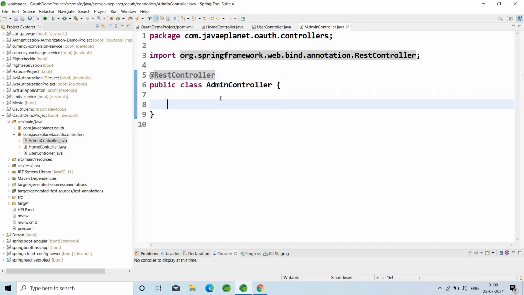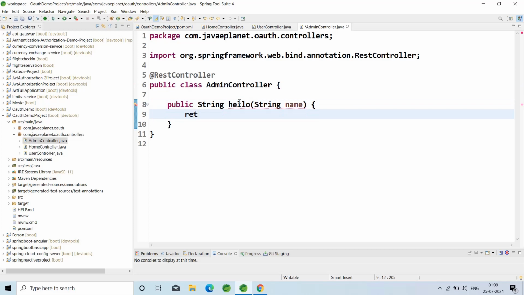Create one method, public String hello, that takes the string name as a parameter, and return hello plus name.